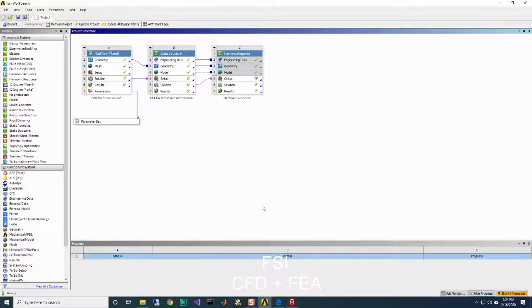And that's pretty much that. So you couple your Fluent with your static structural, and you import your pressure load from CFD into